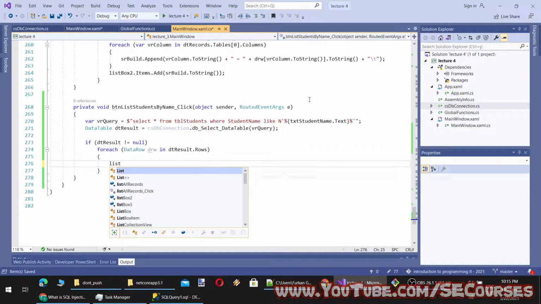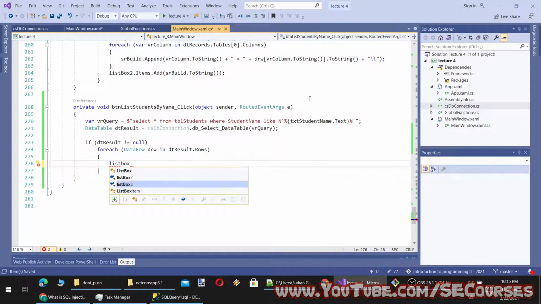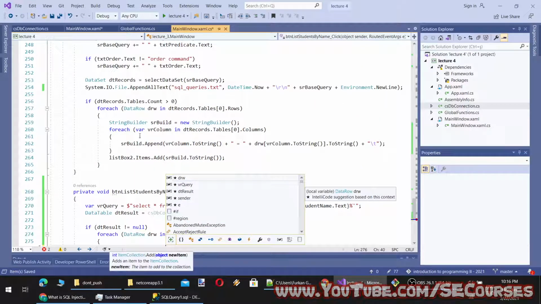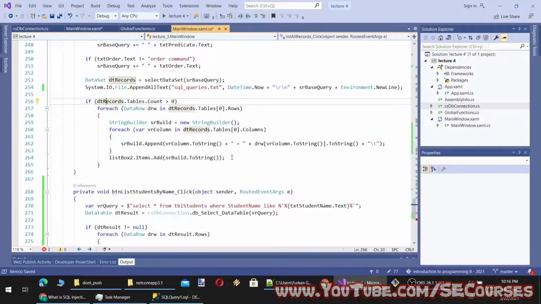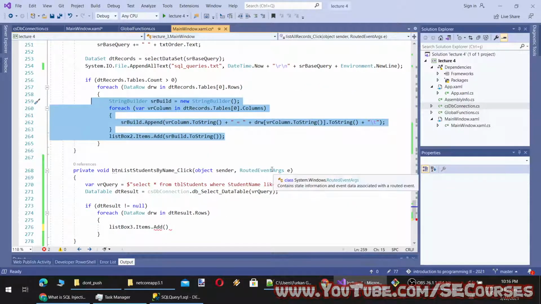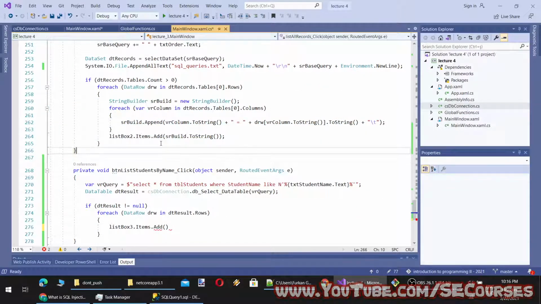And here we will access list box three. Add, and I think we can use the same code here. So you see, I would be doing copy paste. How can I fix it? Do you think we can fix it like this?